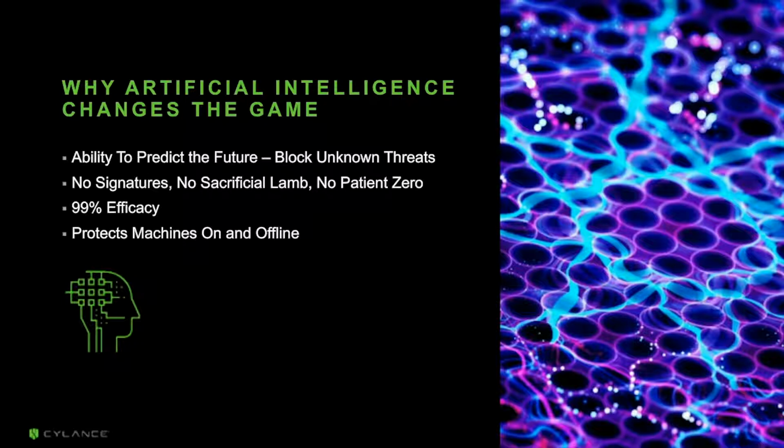And this one, turning over to me now, is why artificial intelligence changes the game. It's one of the reasons why I left my role as Chief Security and Privacy Officer at Intel a little over 2 years ago to come to Cylance. I had been, like I think many CISOs and Chief Security Officers, dealing reactively with the problem despite having endpoint, quote-unquote, protection on devices and defense in depth,